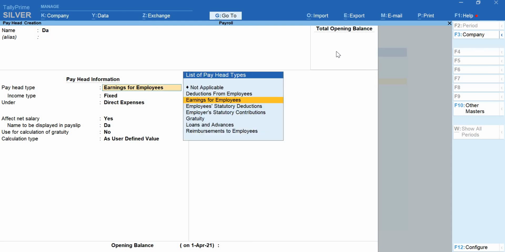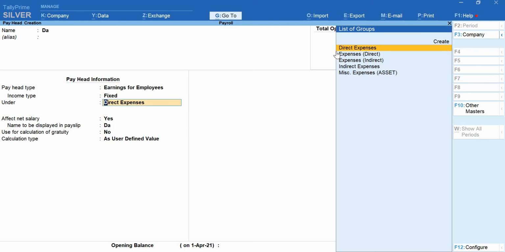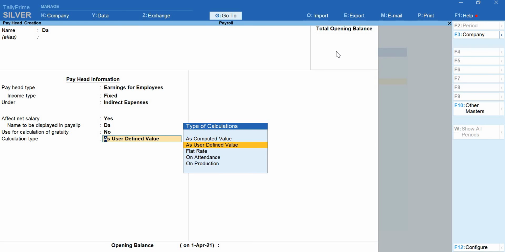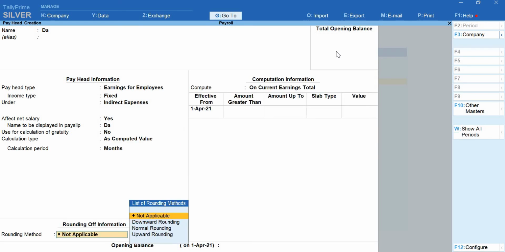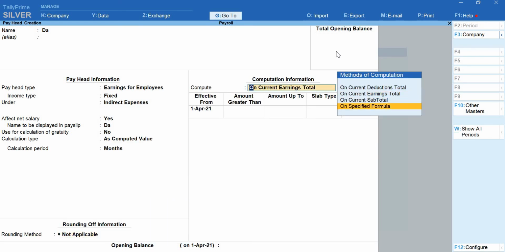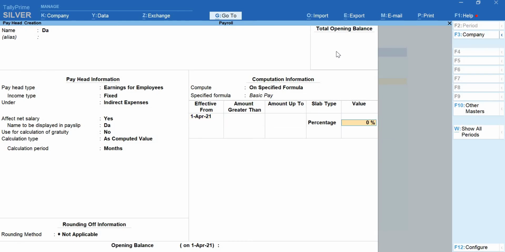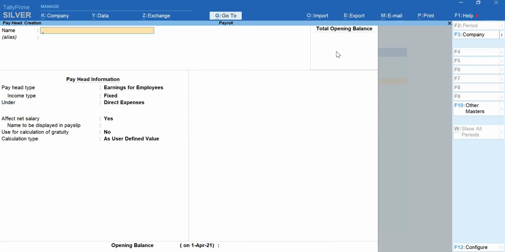And DA, dearness allowance, earnings for employee, fixed, under the group indirect expenses. And calculation type is again as computed value, that is on specified formula. Calculate on the pay head basic pay. The percentage I give will be 6% for DA. So this is all about your allowances.